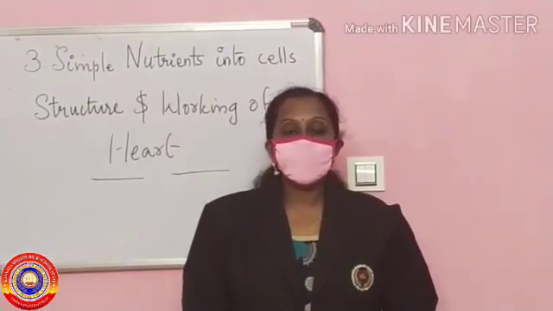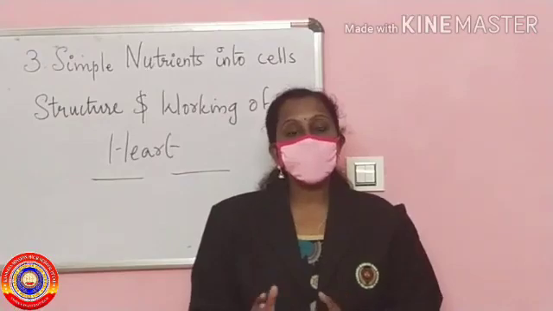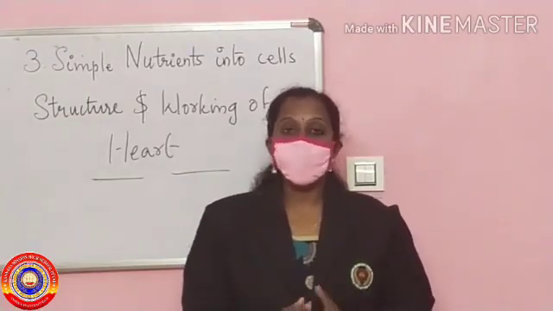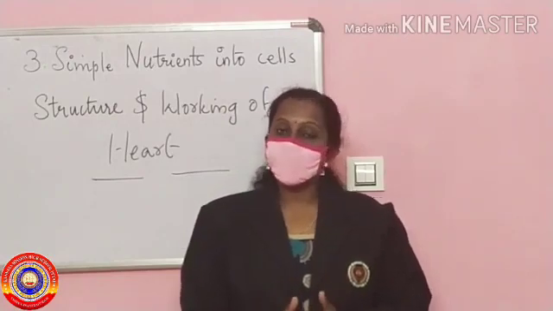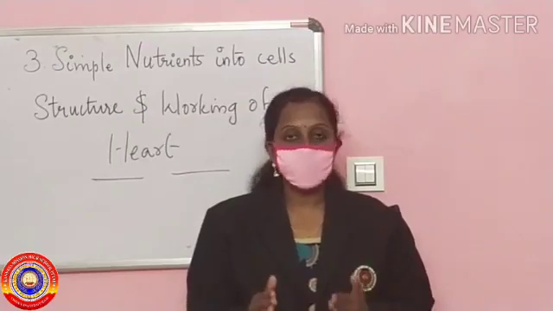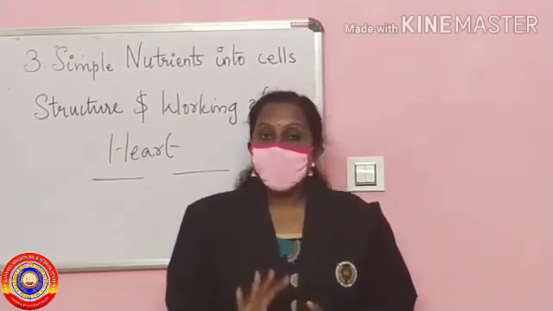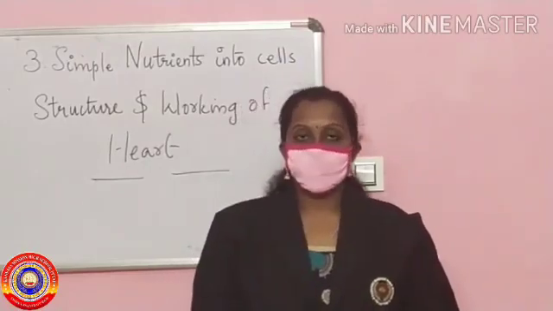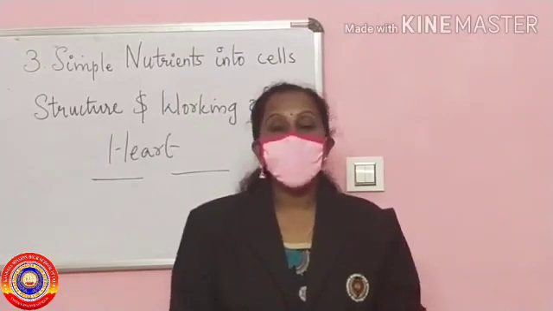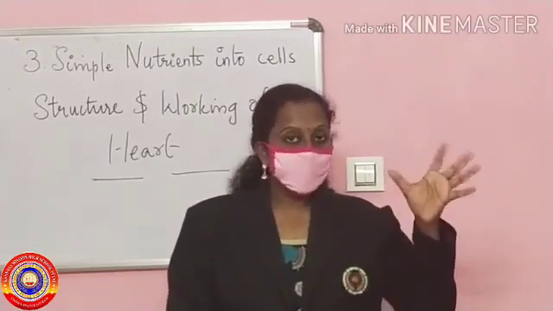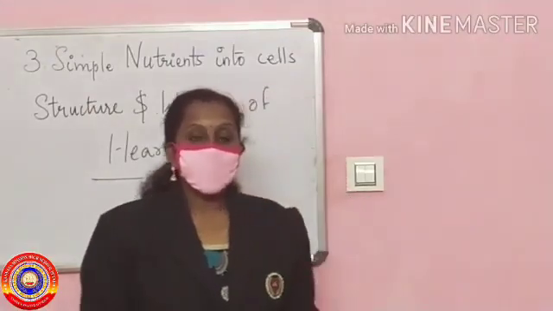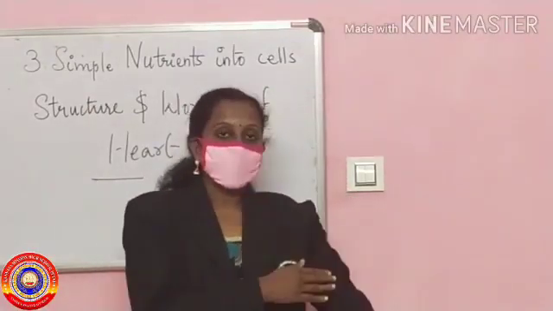Let's start our topic with the structure and the working principle of the heart, and this I will show you with my body parts. Watch the video and learn the topic very well because it's very important. The heart consists of 4 chambers: upper 2 atria and lower 2 ventricles. This is the left side and this is the right side. We can start our topic with the left side.